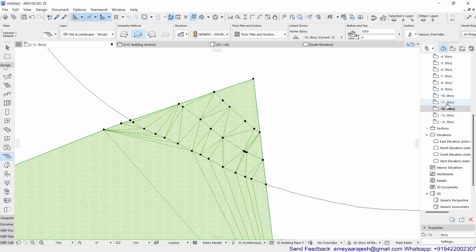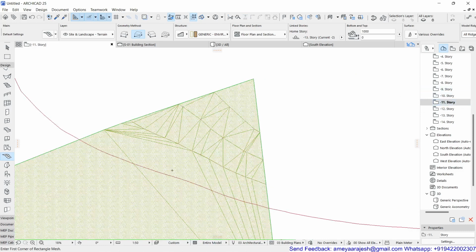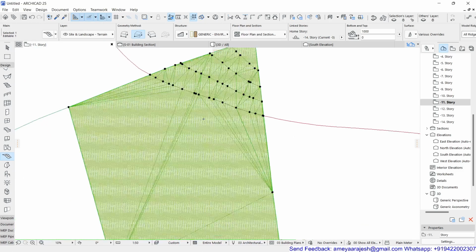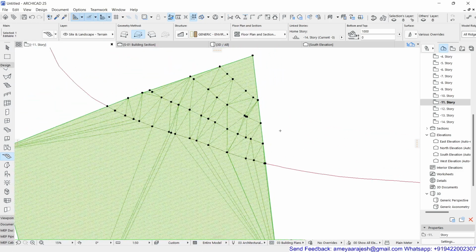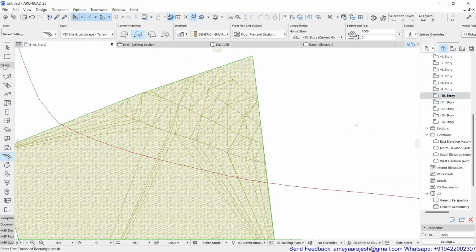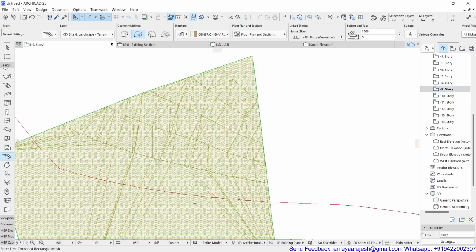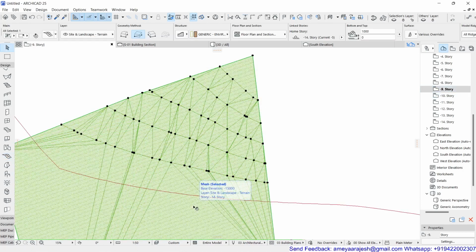So just complete this work. Though it is slightly time consuming, I still feel it's really worth trying to get some kind of contours. If in case you don't have any topography available, just because of a limitation, maybe the surveyor is not able to give you the data on time, or you want to cross check that, I think this is the best method one can surely try.